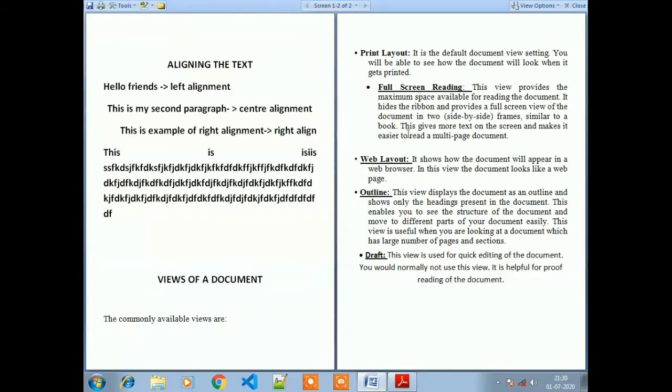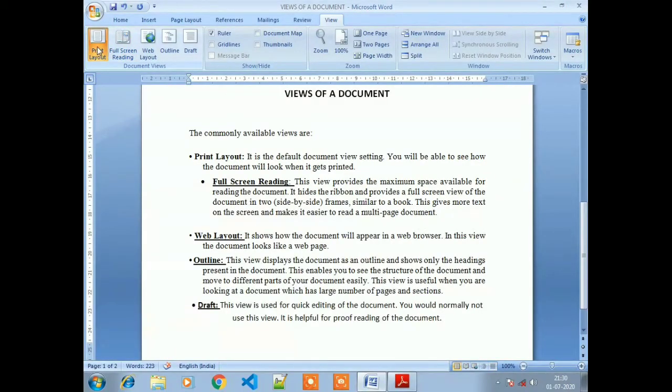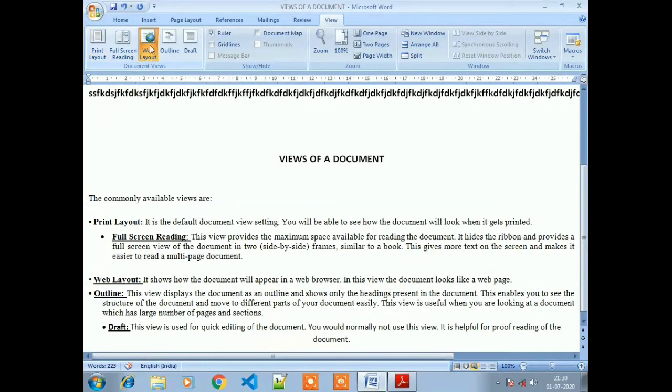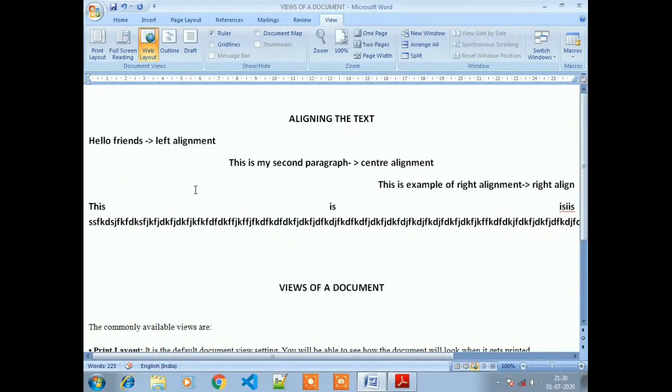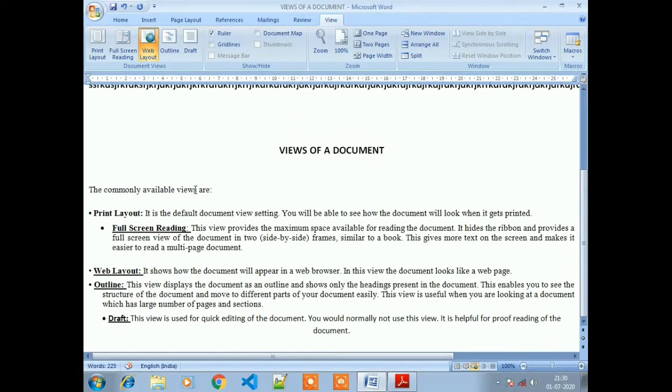After that we can close this view, and now we are again in print layout view, the default setup. Now see the web layout view. If we click on web layout view, we can see the document displayed in a web page format, just like a web browser. So this is the web layout format and that's web layout view.